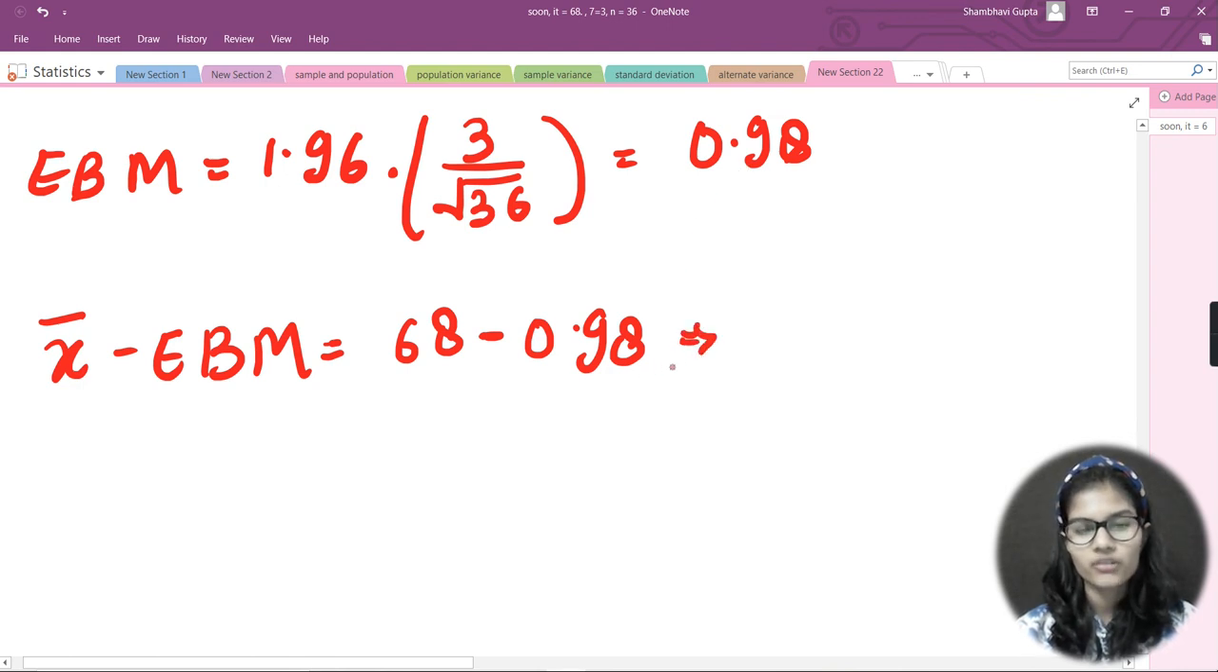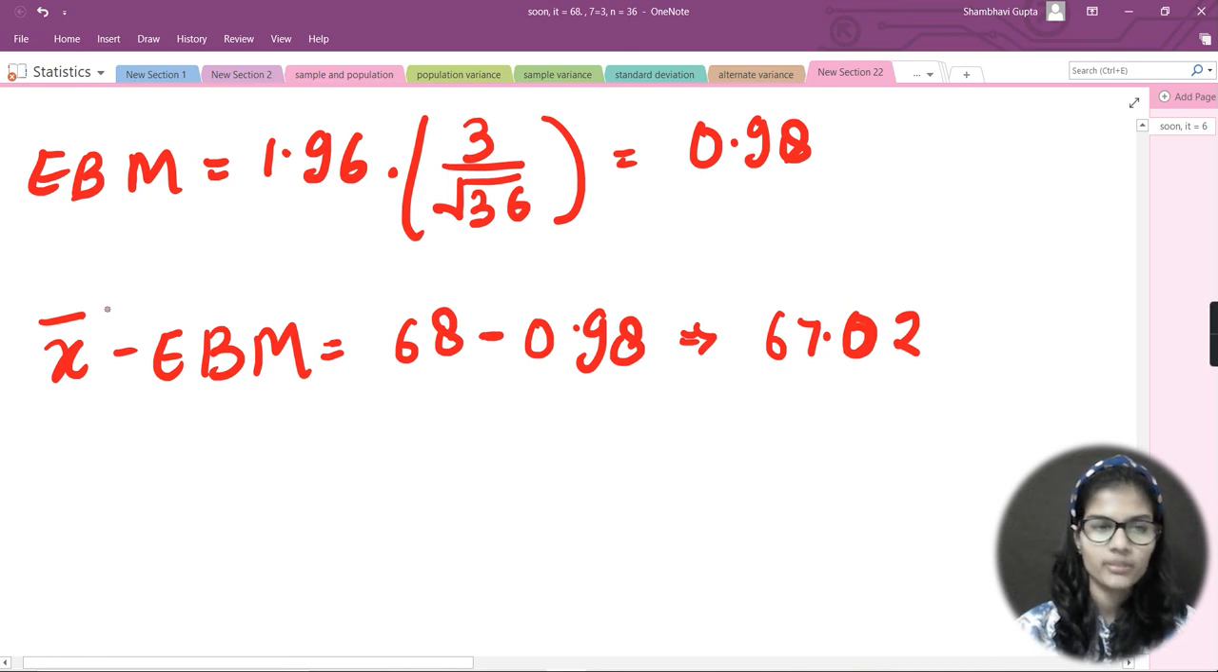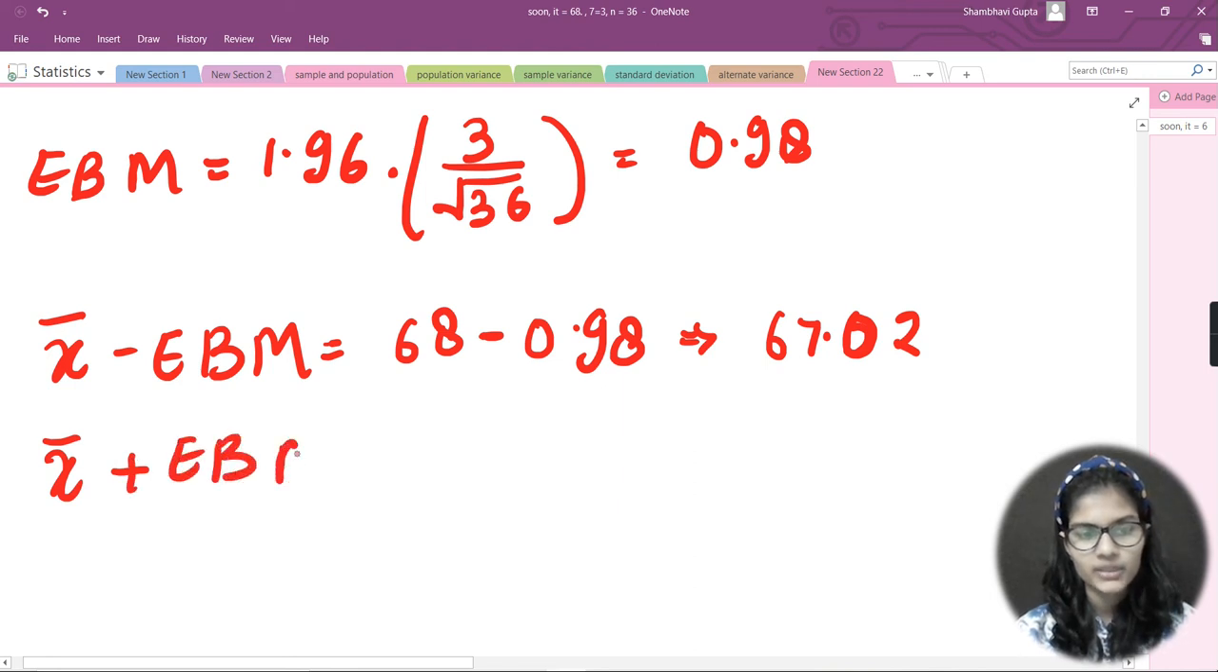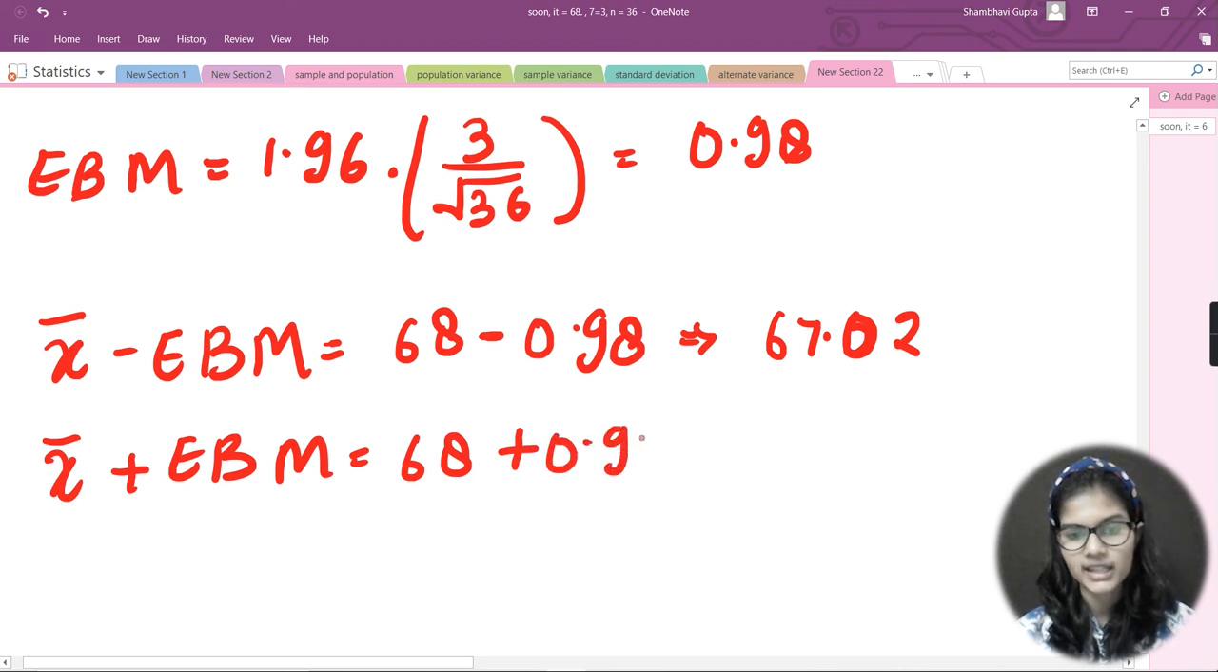So after the subtraction of both of these values, I'm just going to get the output as 67.02. This is the value which I'll be getting for x bar minus EBM. And what about the x bar plus EBM? So x bar plus EBM is equal to 68 plus 0.98, and that would be